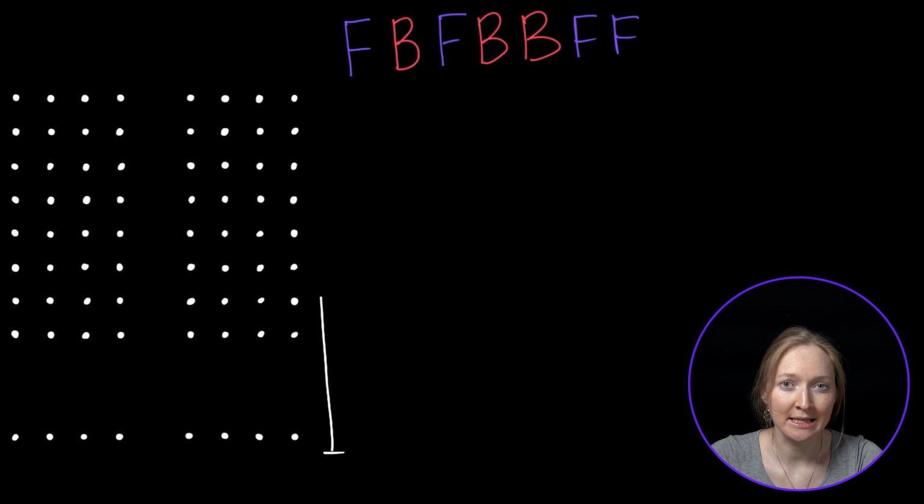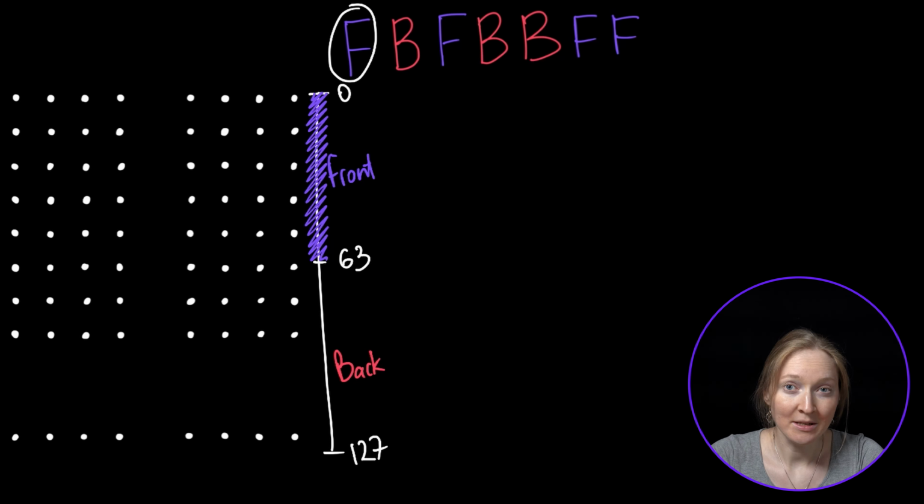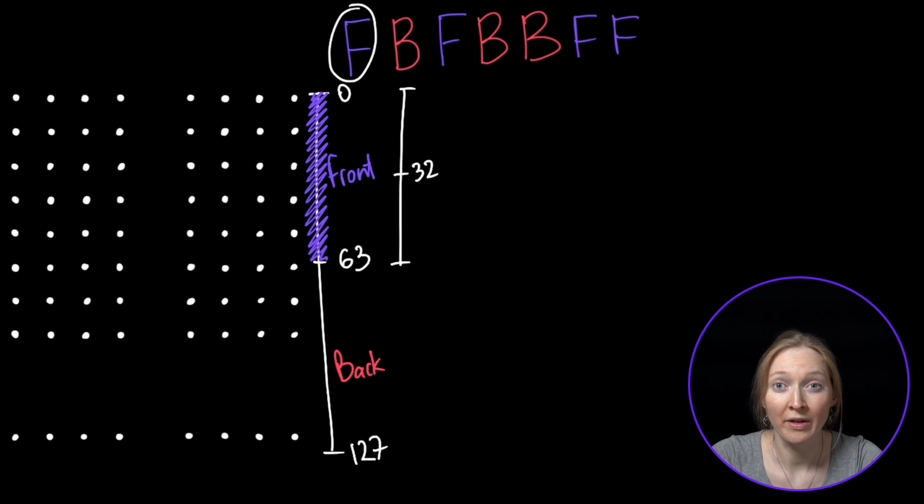We start by considering the whole range, rows 0 through 127. The first F means to take the front part, or the lower half of the range, keeping rows 0 through 63. At this point, we exclude half of the rows and know that our row can only be in this range. The second B means to take the back part, or the upper half of the remaining range, keeping rows